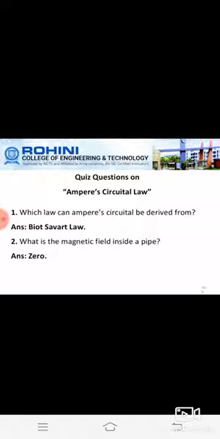So based on this Ampere's circuital law, we can apply this equation and we will be finding out the H vector. And if it is outside the cable, that is r is greater than c, the total current which is enclosed along this path will be 0. So if you are considering a closed path here, since this conductor is carrying the positive current I as well as the negative current, the total current enclosed is equal to 0.